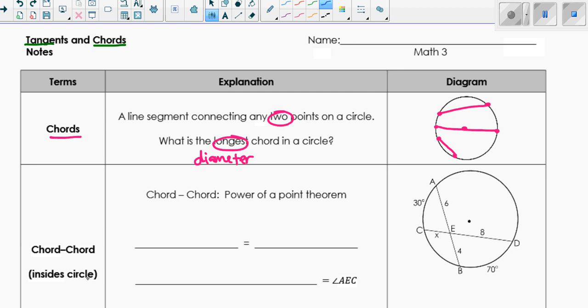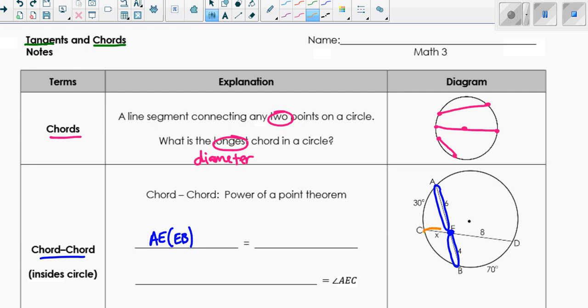Some of our rules that we have: if we have two chords that intersect each other. Notice that AB is a chord and CD is a chord, and they are intersecting at E. From the line segment AB, you get two segments: AE and EB. If I multiply those two together, AE times EB, meaning their lengths, it's equal to, notice my other chord